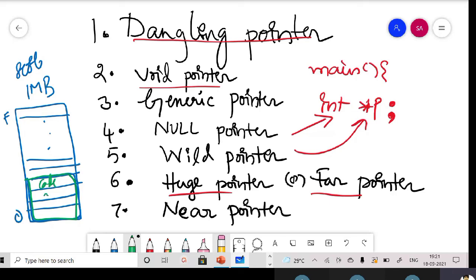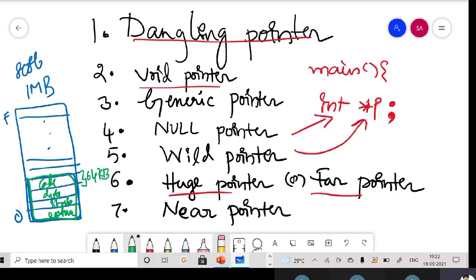Code, data, stack, extra. What is the size of each segment? It's 64 KB. So 16 segments of 64 KB are nothing but 1 MB. That's the calculation.